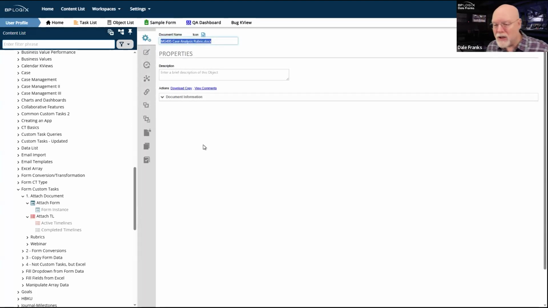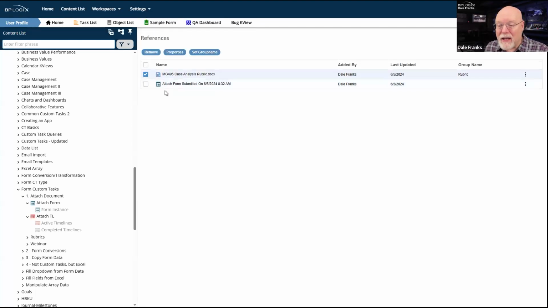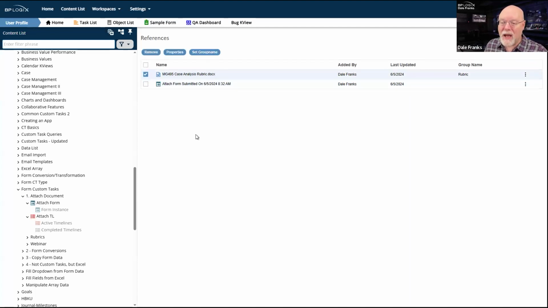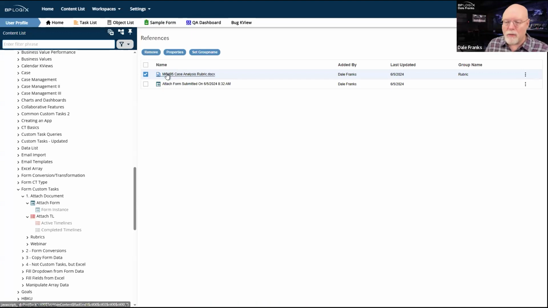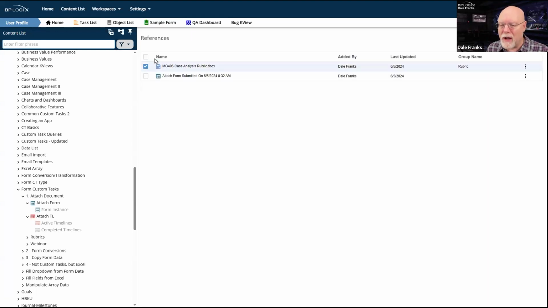I can make any changes I need to make to it. I have access to everything I need to manage not just the process itself, but these items as well. In fact, if I don't like this particular attachment, or I've made a mistake in the attachment, I need to get rid of it. Okay, great. I can just go ahead and remove it simply by clicking remove, or as I did previously, I can just go into